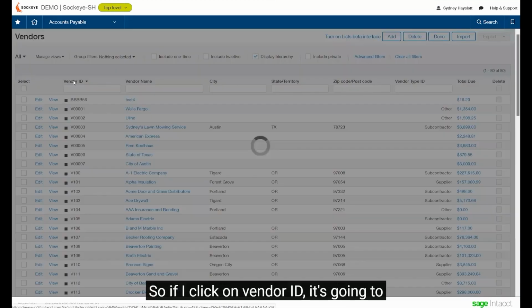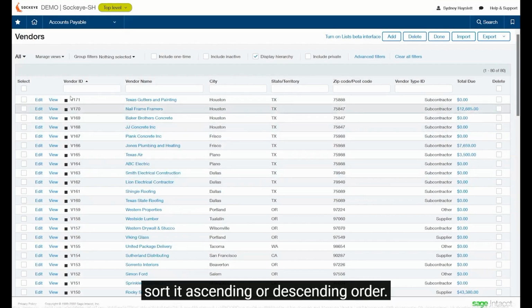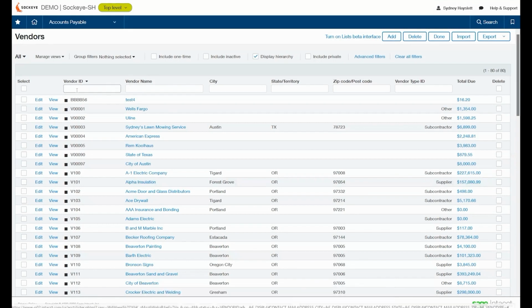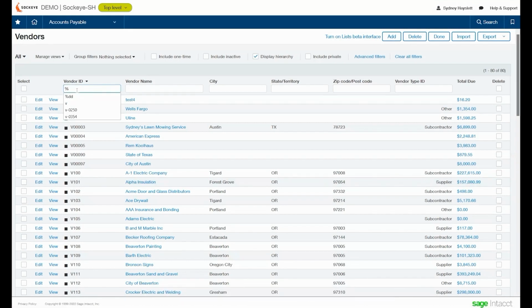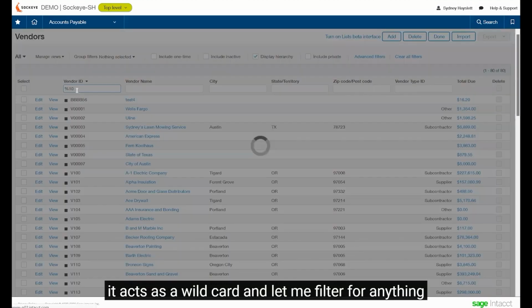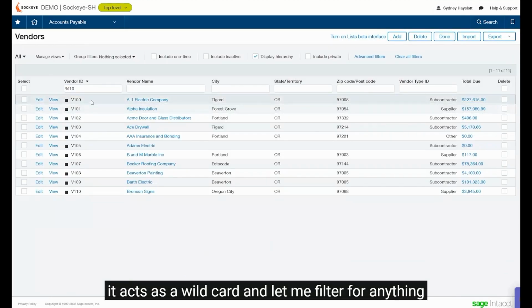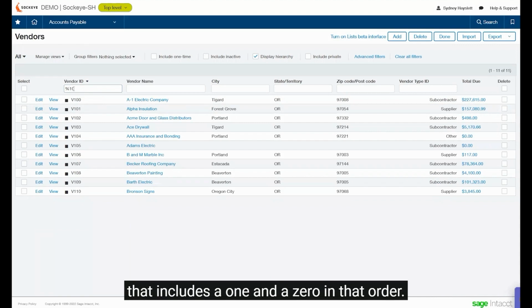So if I click on vendor ID, it's going to sort it ascending or descending order. If I use a percentage sign, it acts as a wildcard and it'll let me filter for anything that includes a 1 and a 0 in that order. So another place to see that is if I skip over to the name and I do percentage sign, electric,